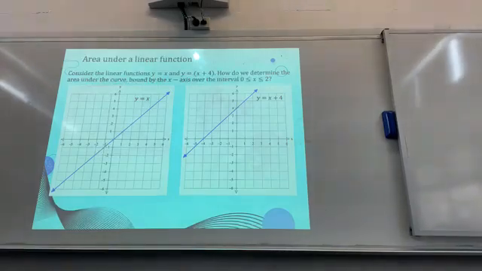Now, if you have got these two functions here, y equals x and y equals x plus 4. Can you determine the area under the curve bound by the x-axis over the interval of 0 and 2? Pretty straightforward. This one, you don't even have to approximate. You can actually count. 7, 8, or actually use